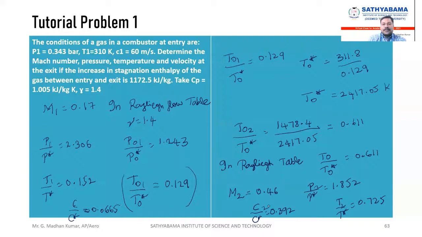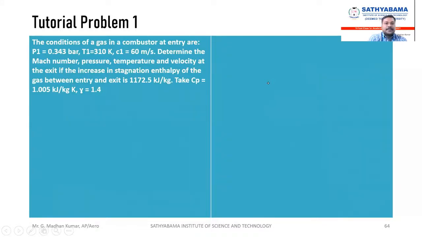So let us make the table, with M1 and the pressure ratio, velocity ratio, and temperature ratio, and then we can find the values of the remaining. Okay, so we will construct a table now. This is for Mach number. Just have a table like this: pressure, temperature, and velocity.